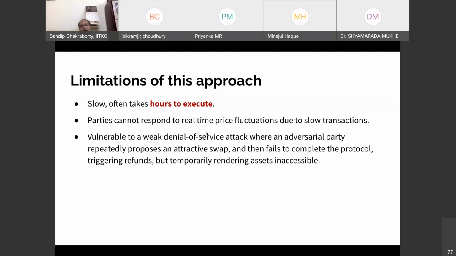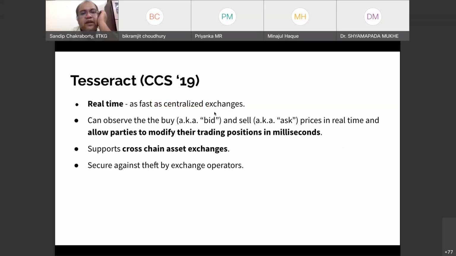So this is a very popular protocol for atomic cross-chain swap, or to transfer assets from one cryptocurrency network to another cryptocurrency network with the help of the hash lock and the time lock. And as I was mentioning, this protocol has been widely used right now to support transferring of money from one cryptocurrency network to another. So any questions or any query up to this point that I have explained till now?